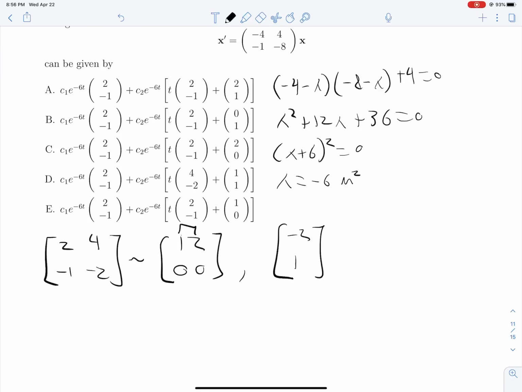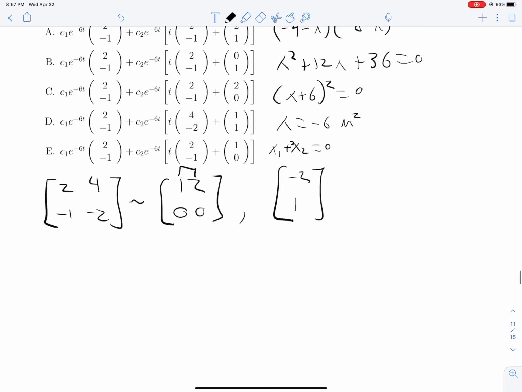Because we're solving A minus lambda I equal to 0, we can say that x1 plus 2x2 is equal to 0. So x1 is equal to -2x2. And since we're writing a vector in terms of x2, because that's our free variable, x1 is equal to -2x2, and x2 is equal to itself, which is just x2. So there is our first